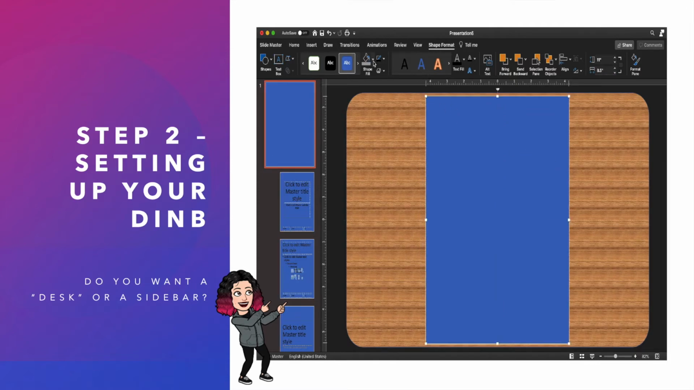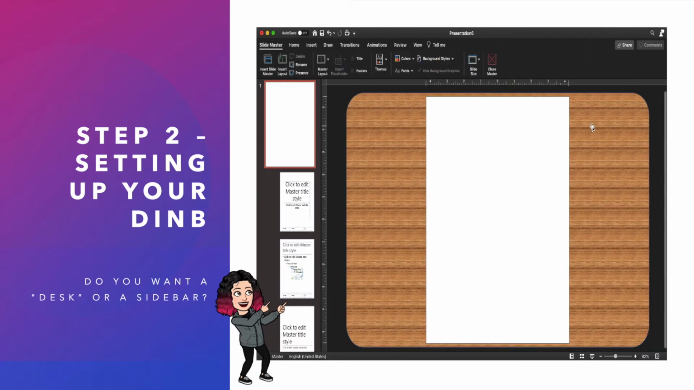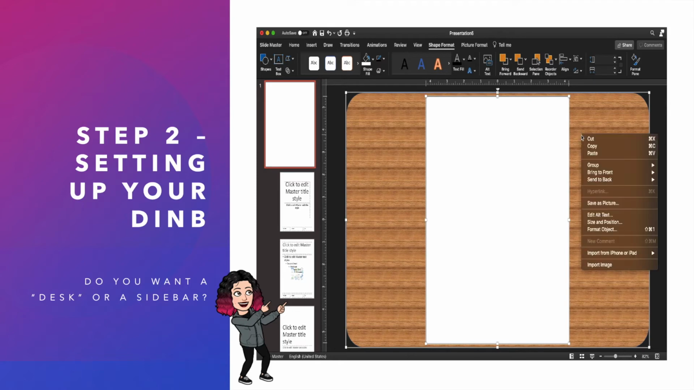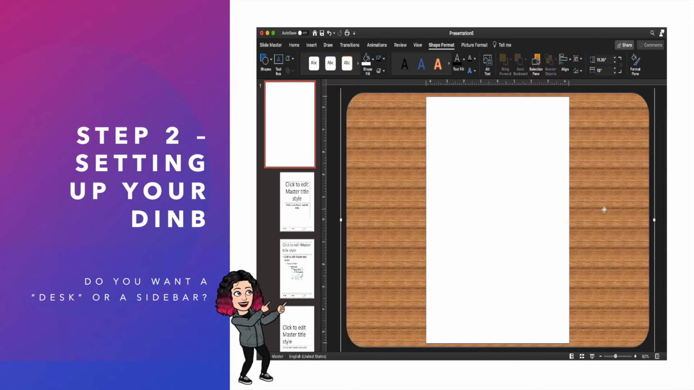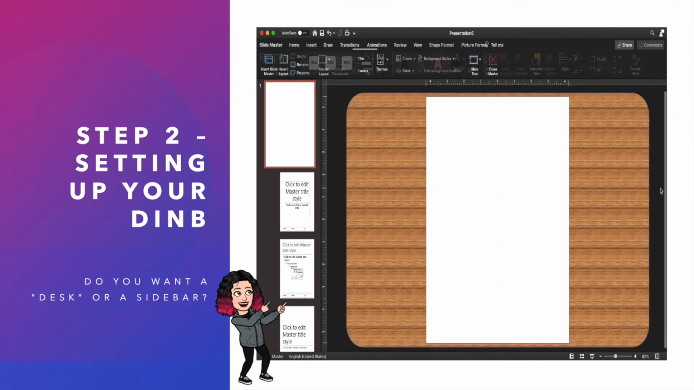I am going to make this white, and now I have a page, so where my notebook would be. So you can certainly do it with a desk. I am actually going to highlight both of these, right click, or if you have a Mac, it's a 2-finger click. I'm going to group them so that one won't accidentally move. So if I move the whole thing, both of them move at the same time. So that's what it would look like with